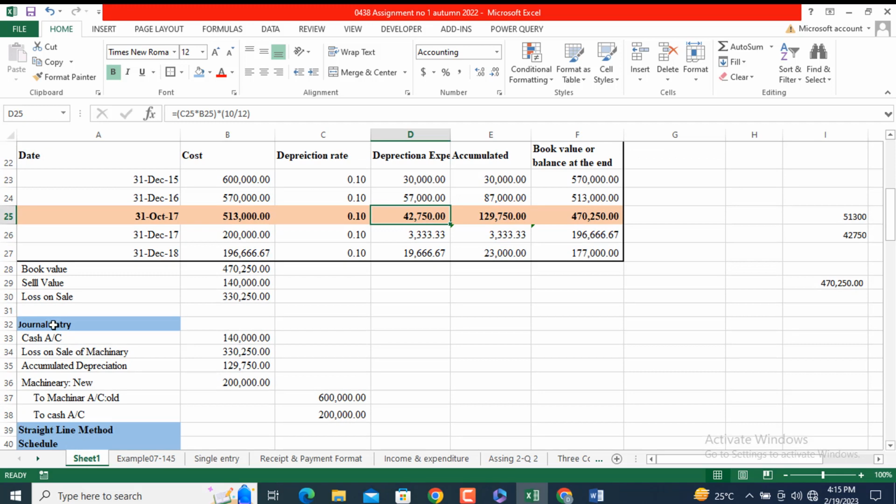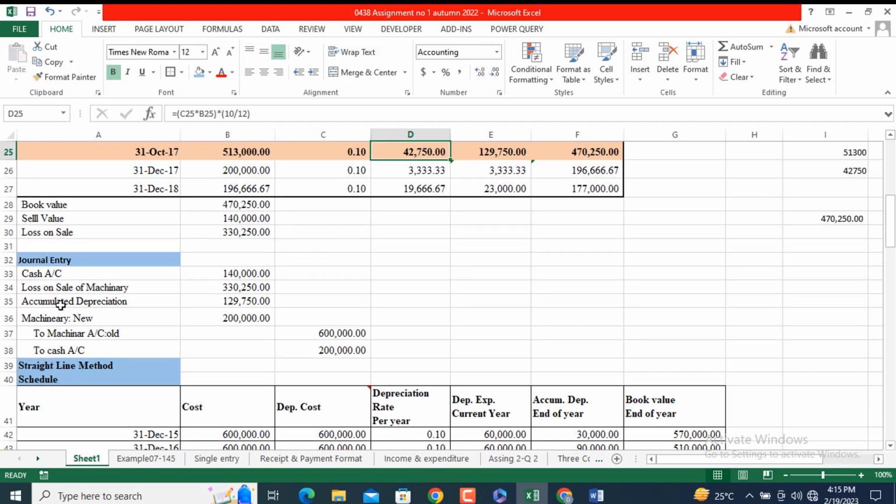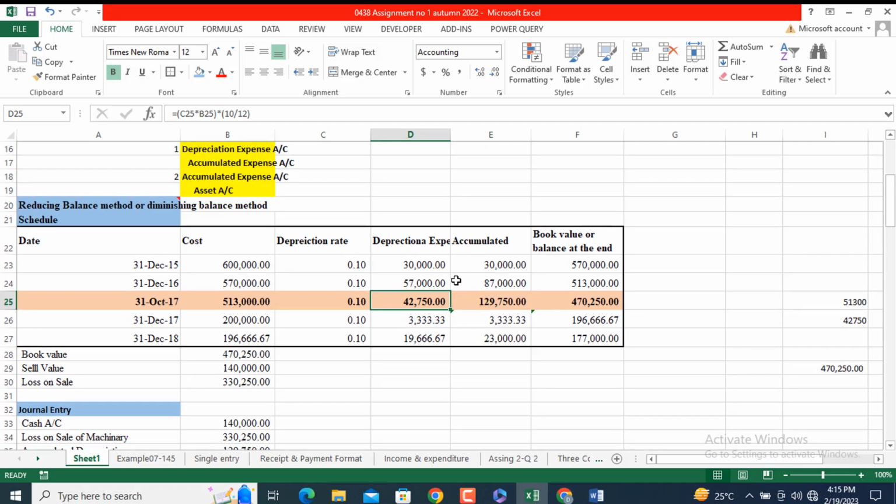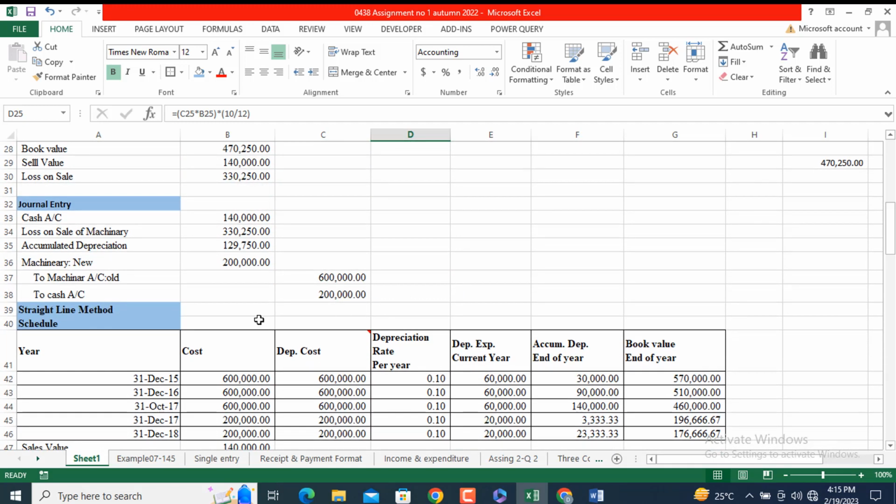So we will pass this journal entry. Cash account. This is cash account means that the amount that you have received against the asset. 140,000, loss on sale of machinery, which we have derived from here, and accumulated depreciation that we have got from the column of accumulated depreciation from the schedule. So to machinery account, old is equal to 600,000, to cash account is equal to 100,000, is a compound entry